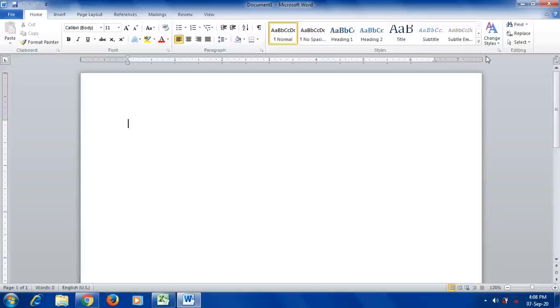Apart from that, we have many other features, and by using those features we can make our document more attractive. So the document can be formatted. Formatting means we can change the appearance of that document as per our need.